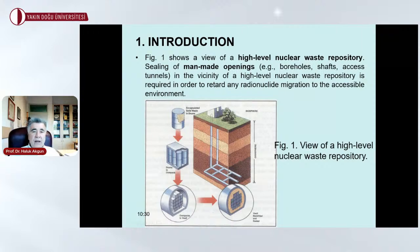So this is an artist's concept of what a nuclear waste repository will look like in the future. At the surface, we have surface waste handling facilities. We are putting the waste in encapsulated solid waste drums, then in overpacks, then in overpacks in vaults. And between the tunnels or access ways and the vaults, we need to seal these with backfills. Expandable cement grout formulations, bentonite sand formulations, or bentonite on its own are recommended for these sealing